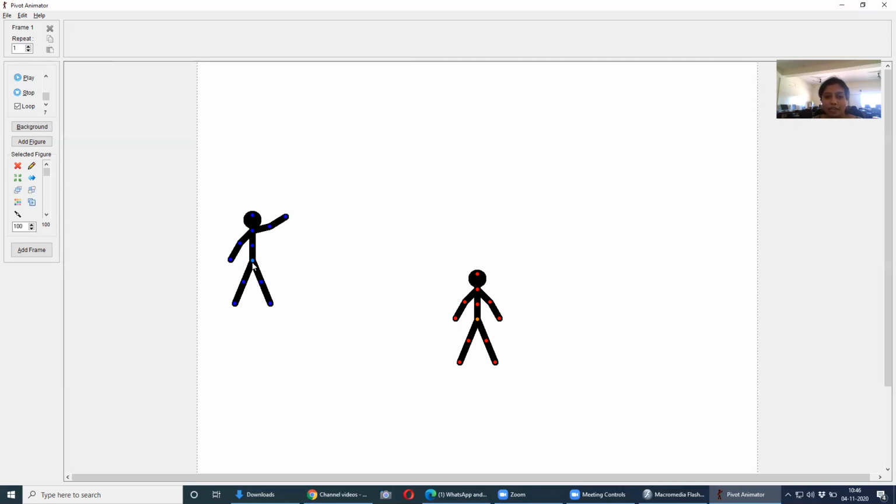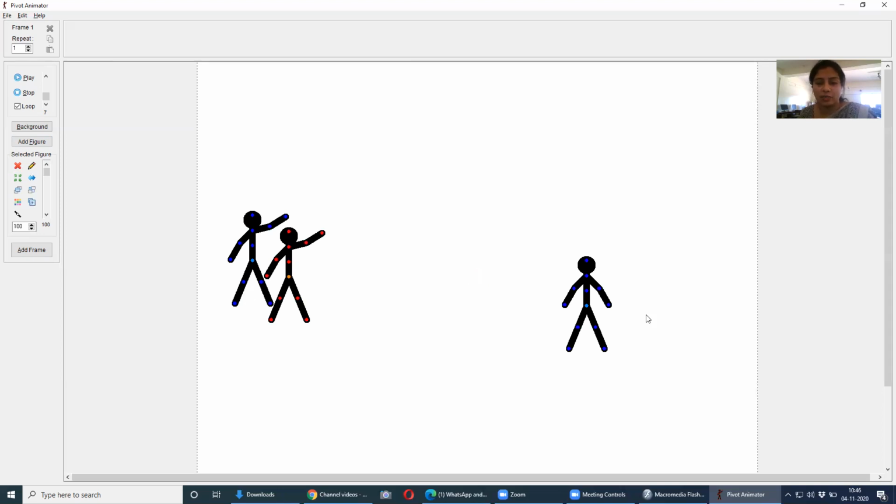Hands are down. Now, when I do duplicate, see, I've clicked this left hand side stick figure with a hand raised, right? Yes. Now, this stick figure, I want to duplicate. See, now when I do the duplicate, the figure's hand is exactly like the original one, right? It is an exact Xerox copy of the image because we are duplicating. When we add a stick figure, it is a new stick figure which we are getting. It's not a duplicate of anybody. It is a new figure, the second figure we are getting, and it will come in the center position. I hope you have understood what add figure is.